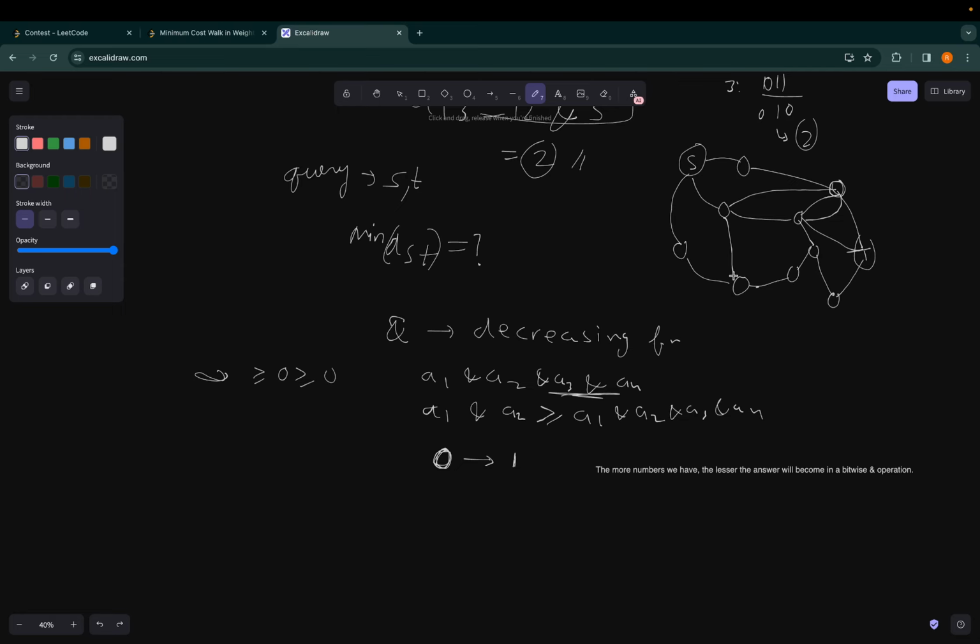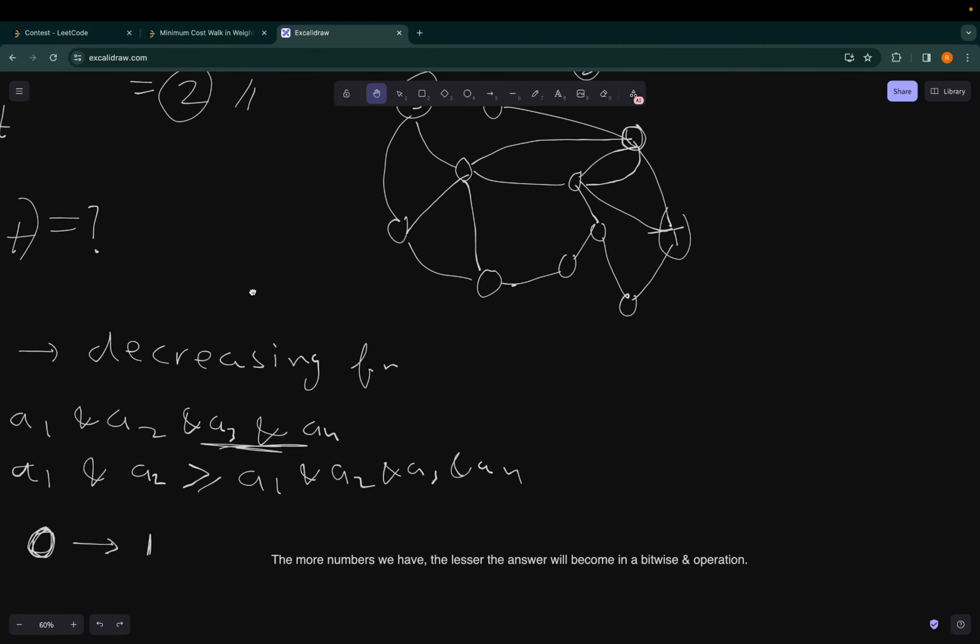Let's say this is the connected component of S and T. That means that S and T belong to the same connected component, and these are basically the vertices or the edges between them. So as per our definition,